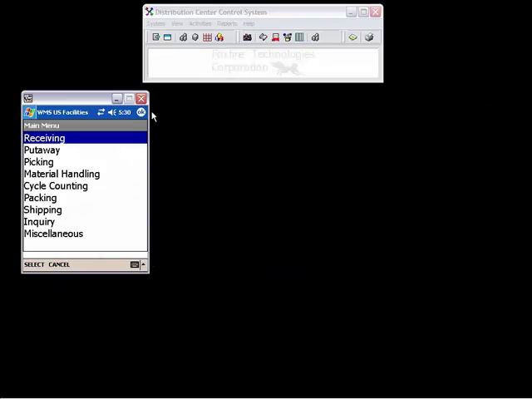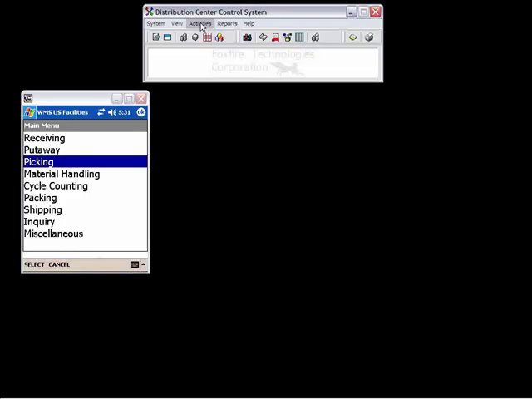And the next thing we're going to do is some order management. In this case we would start by going in here to do some picking. Before we do our picking, let's show an example of how you would set up a wave, or a set of tasks, for which you're going to pick. So I'm going to go back to my main menu,